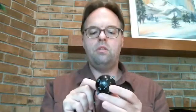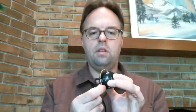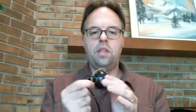Now, has anyone proven that this is actually happening with these pendulums? No. But what I have noticed through my experiments is that if you set it to the different points on the surface of the pendulum, the energies do feel subjectively very different to your hand. And the way that these energies are